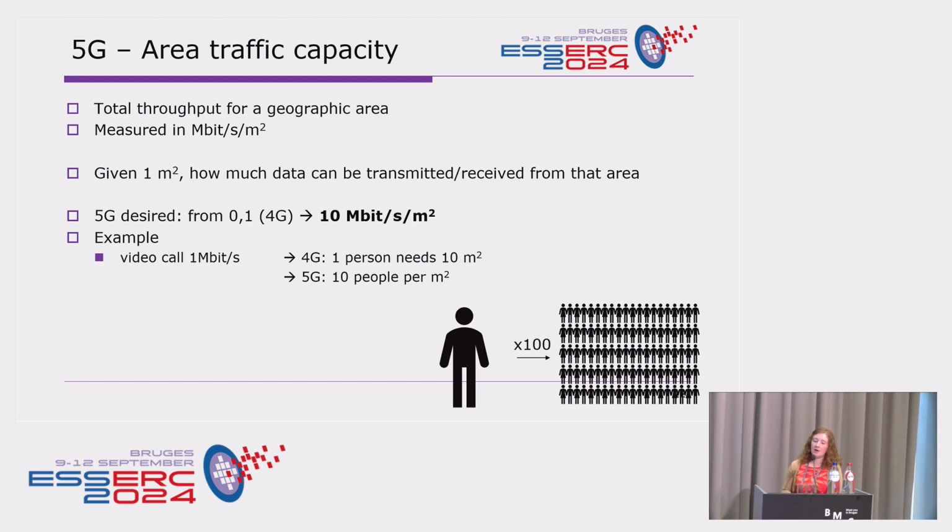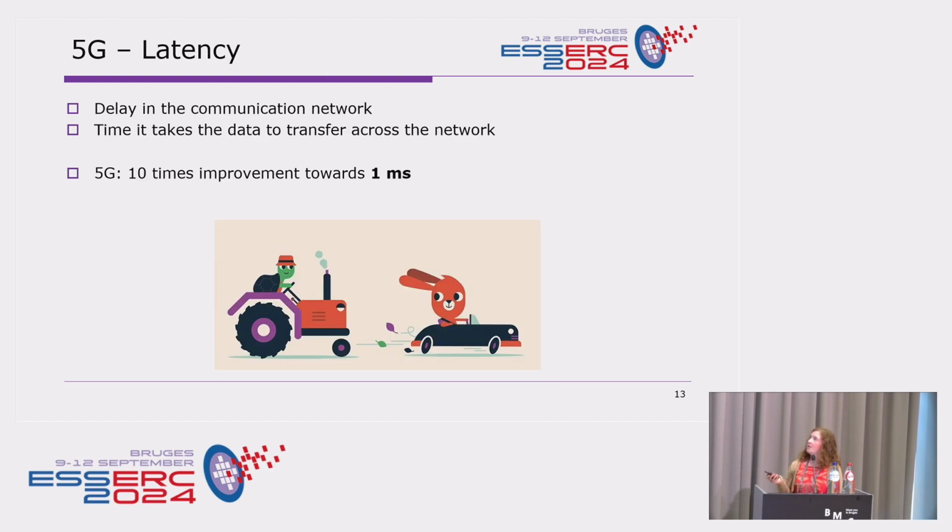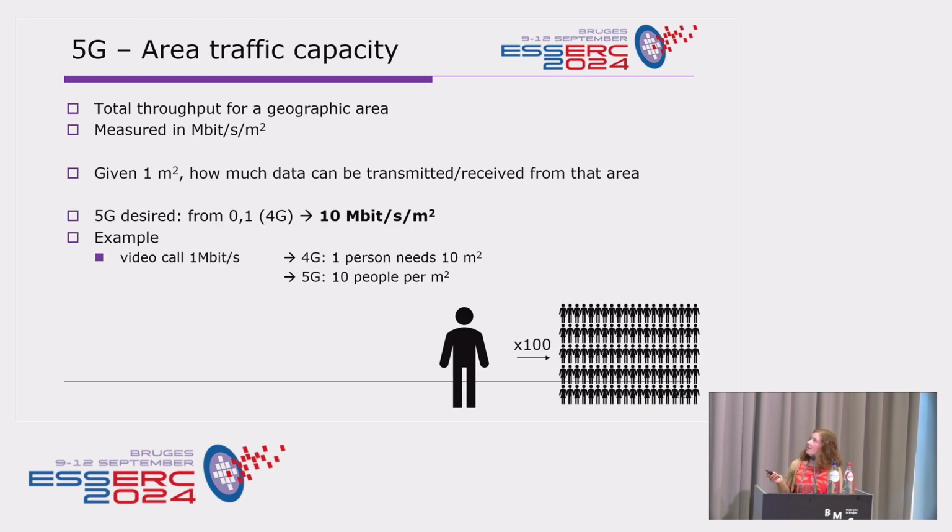Now, these are all numbers, and it's probably hard to imagine this. So that's why I made an example. If we take our video call, it was about 1 megabit per second that we need for one person. For 4G, one person, so each one of you, would need about 10 square meters. Now, when we go to 5G and we upgrade, it means that in this 1 square meter, 10 people could have a video call at the same time. At this moment, I think this data rate of 10 megabit per second isn't the issue anymore, but 10 persons per square meter will get more